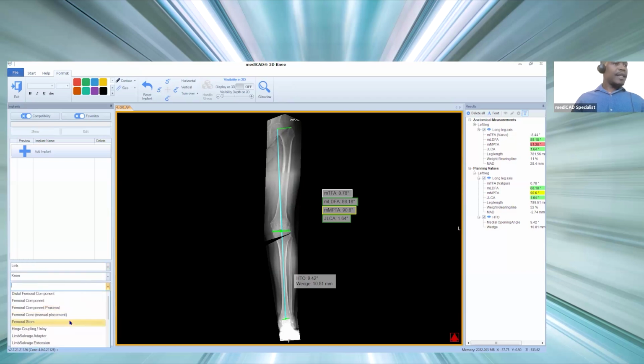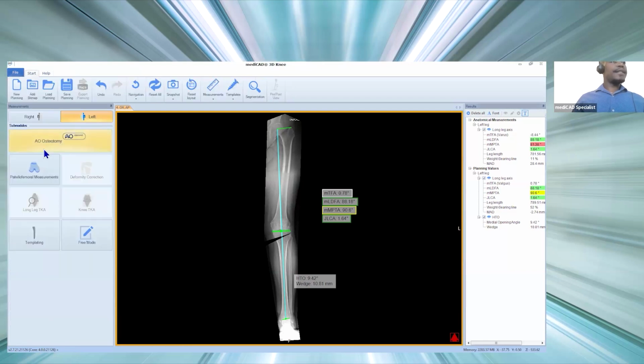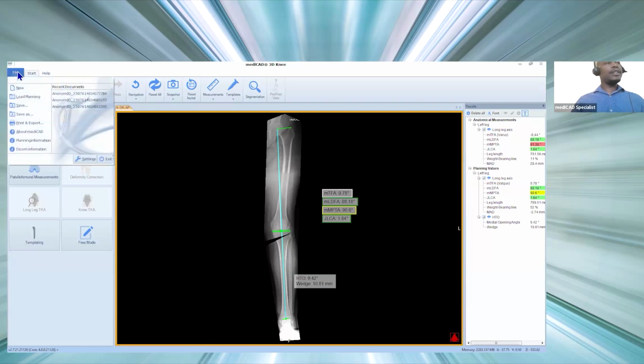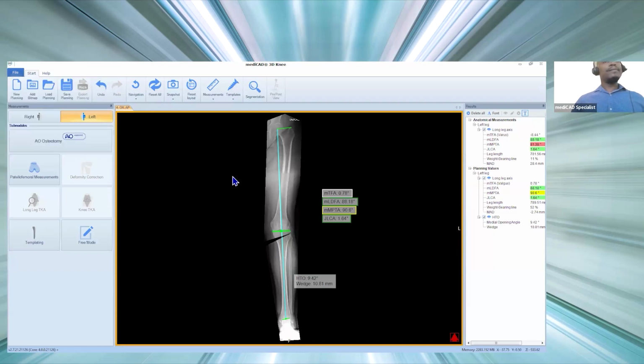Plates or nails. But yeah, you can add the component here. I don't remember which company has it. But once you're done and you're satisfied with it, it will automatically save to your PACS system, but you can also save the plan as, or print or export the plan,